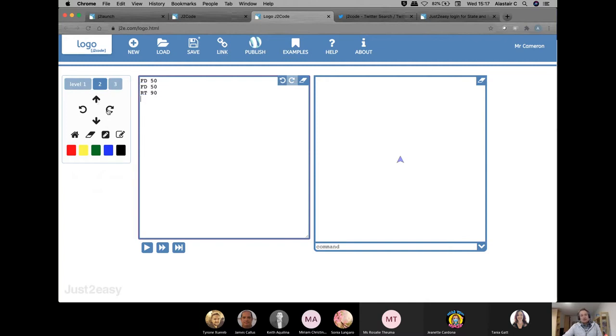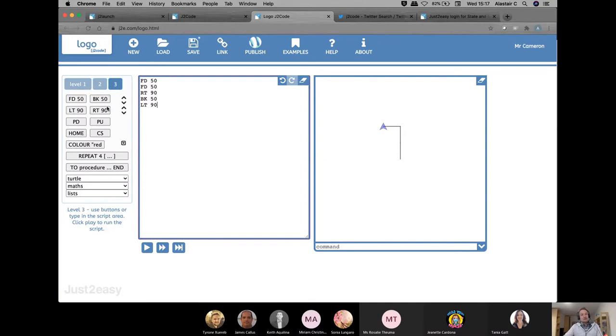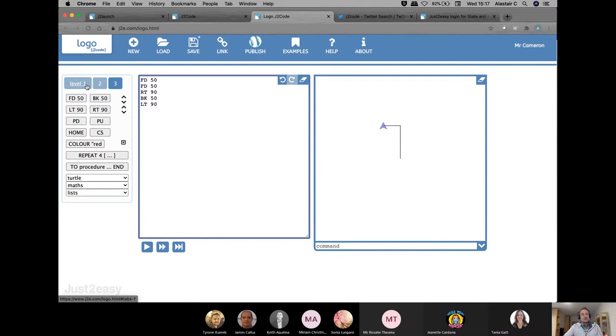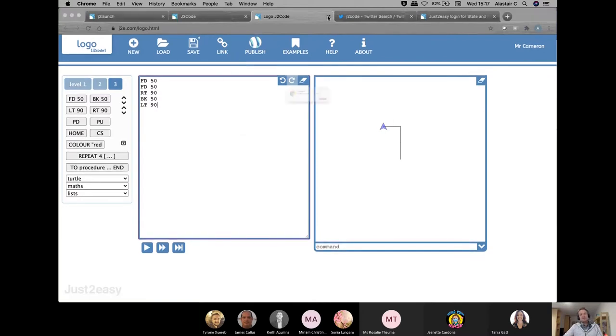So for example here, you'll see as I'm clicking the forwards and backwards buttons and the repeat and turn left and turn right buttons, you'll see that the instructions appear on the screen that you can edit. Then you move to level 3 and you introduce a great deal of additional commands that add a great deal of complexity to it, but enable children to produce some fantastic results. So it's all leveled and able to be tailored for the needs of your students as they are progressing through the learning curve of building on their skill set using code.